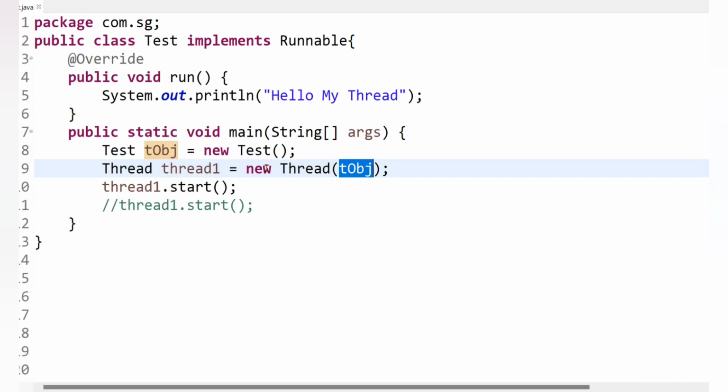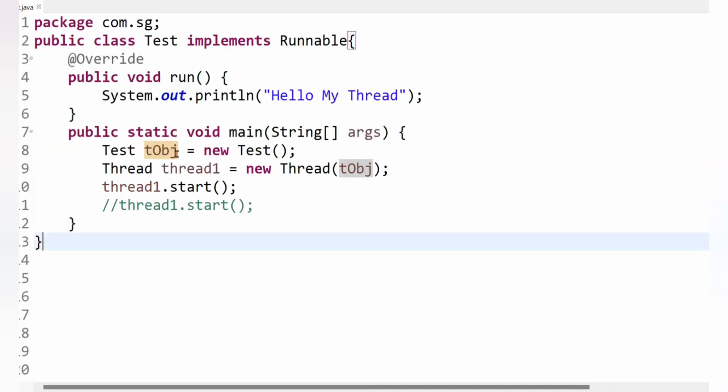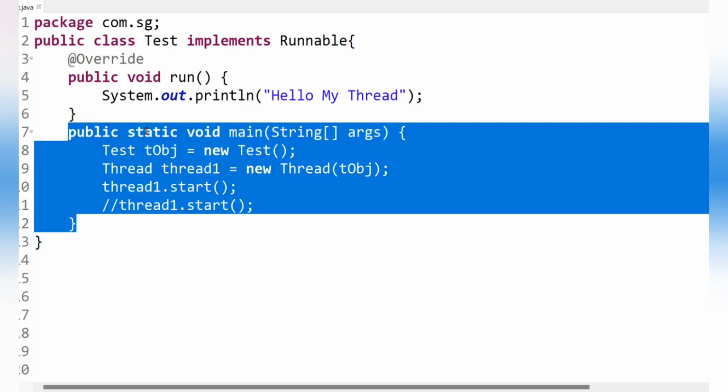Okay, clear? Now let's run the code, but before that let's understand the execution flow of this program. When I run this code, at first the JVM is invoked and loads this Test class into memory, and automatically creates a special thread called the main thread, and the main thread will execute this main method, which is the entry point of this program.